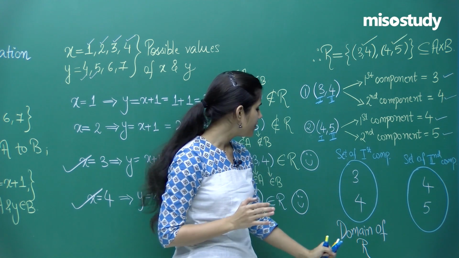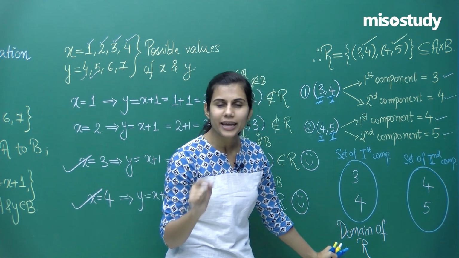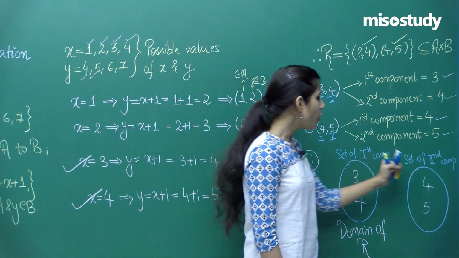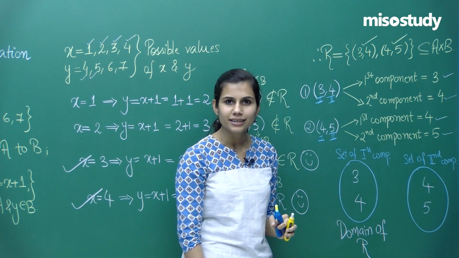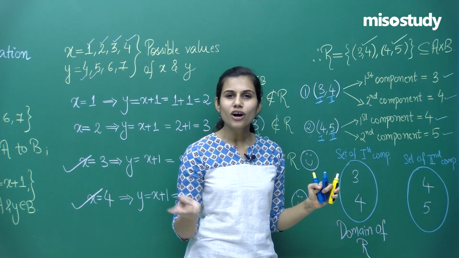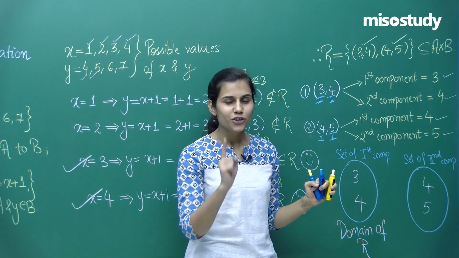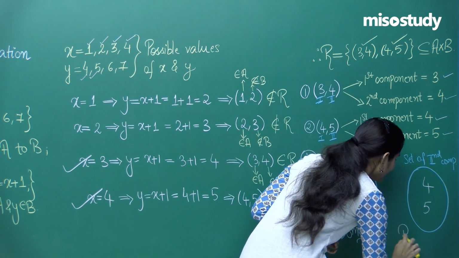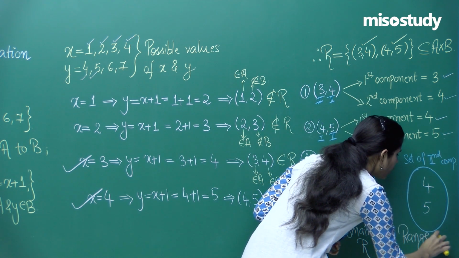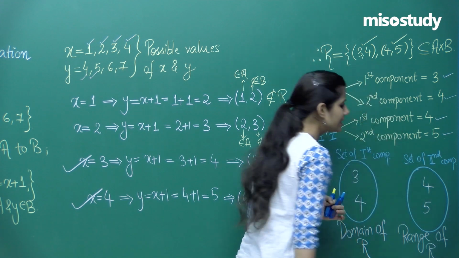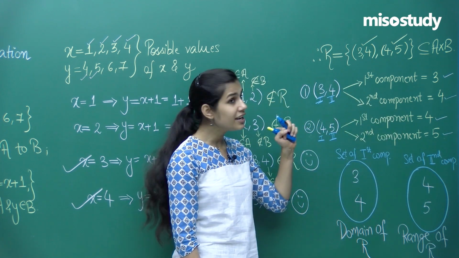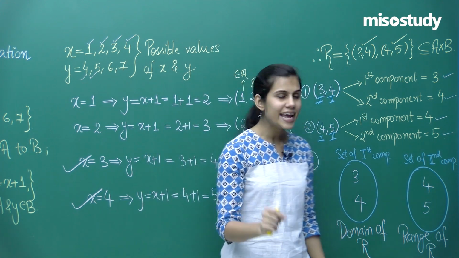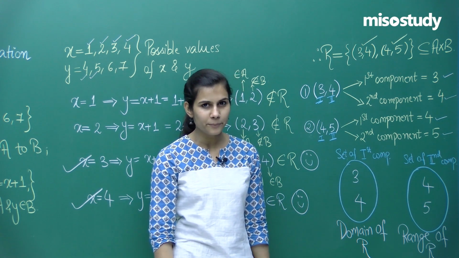And that set, my friends, is what is called the domain of R, which is this particular R. Moving to what is the set of second components called? Well, definitely because the other new concept was range, your intuition is absolutely in the right direction because yes, this set of second components is what is called the range of the set R, which is my relation from A to B. This concept of domain and range is hence shown over here through this example.